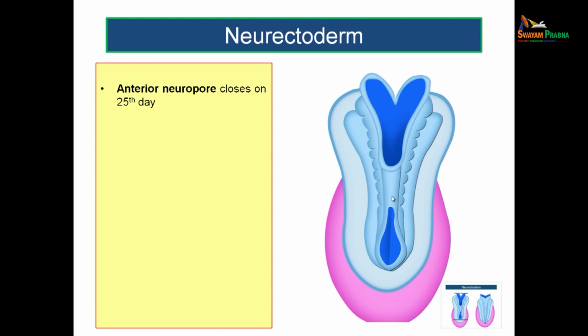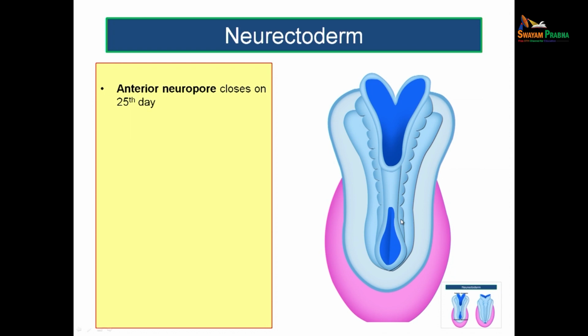It started in the cervical region, now it will be moving cranially as well as caudally. The two ends which are open, you call the anterior neuropore, and the other one is known as the posterior neuropore. This is the cut end of the amniotic membrane, and this is how you view it from above. When you look from above, the periphery is the cut end of the amniotic membrane. You have the two neuropores, the anterior neuropore and the posterior neuropore.